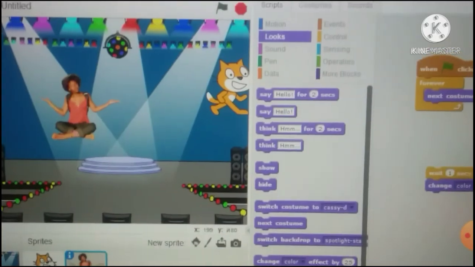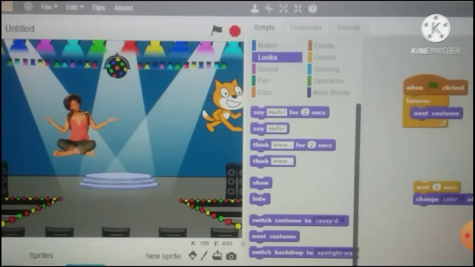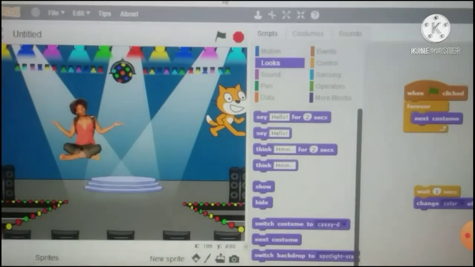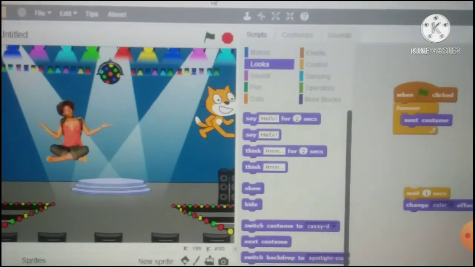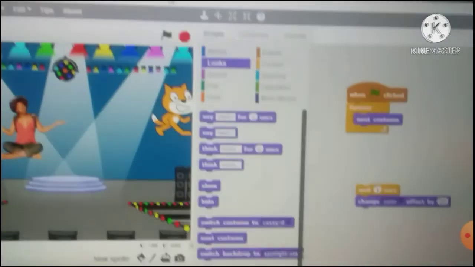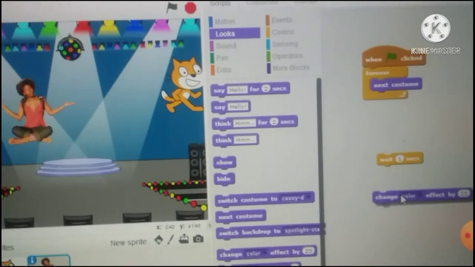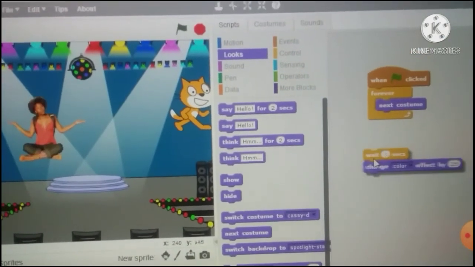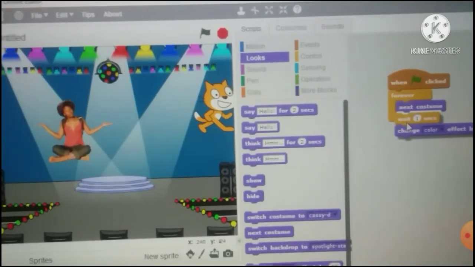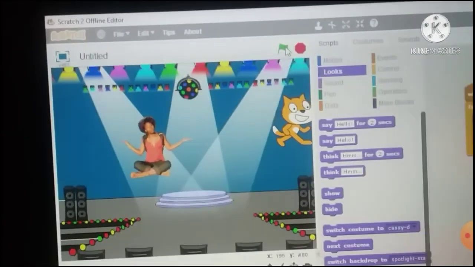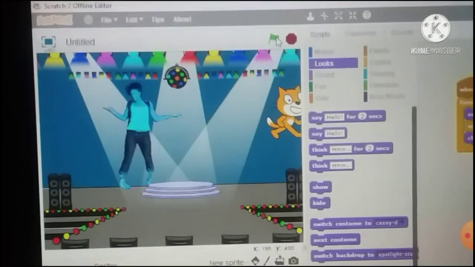Here you can see this, right? The girl is moving continuously previously because we gave move 10 steps, right? So within the forever loop, it is continuous, no? So that's why it is moving continually. Now I have removed that move 10 steps, and I have put next costume. And also if you wanted to remove anything, you should remove from the last. If you remove from the top, it won't move. Now let's attach these both commands here. Now see how the girl's dress is changing, right? The girl dress is changing and the cat is moving front and back.